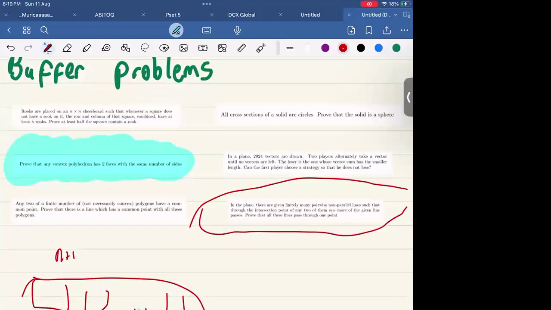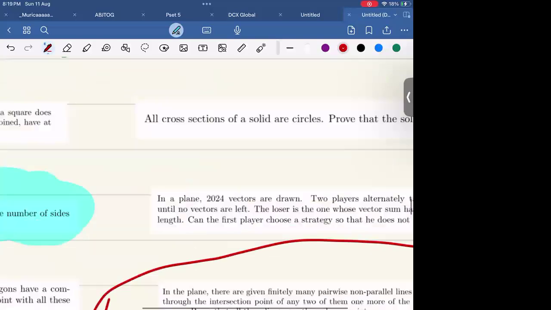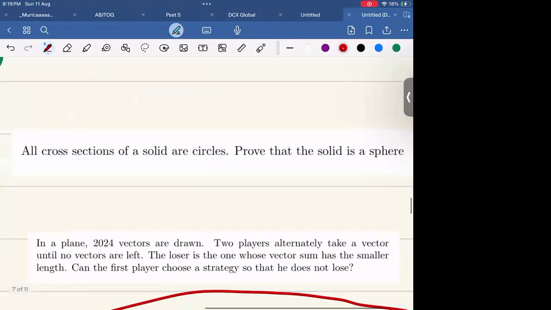Oh, after class, you should try this problem. All cross sections of a solid are circles. Prove the solid is a sphere. And I have a very nice story with this problem. So I saw this problem in a book and I tried working on it for 45 minutes. I got nothing. So my instinct was, why not bash it? So you get that the equation of